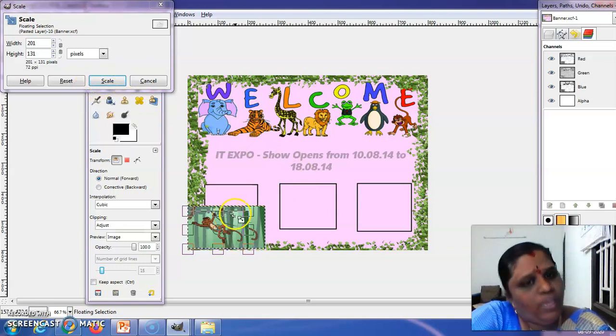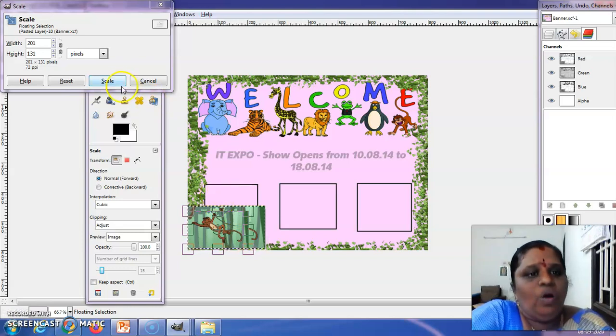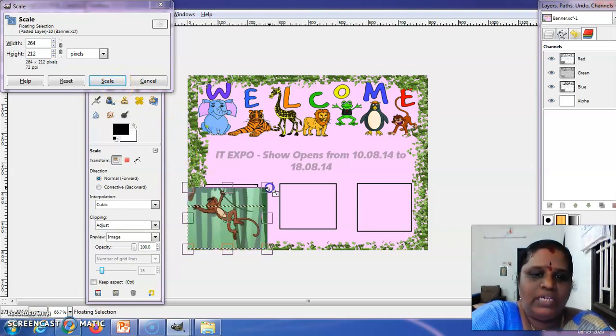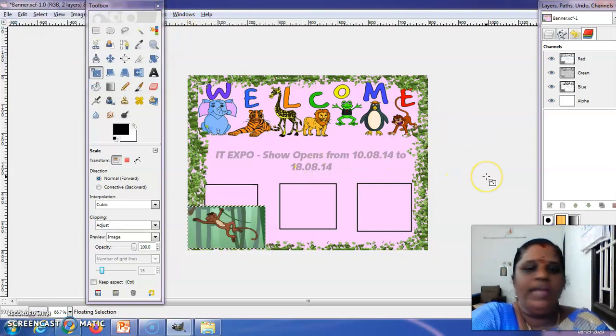Otherwise, if you are doing this and just closing, it won't affect. You want to click on the scale to make it the same. Okay, see, I am doing it like this and I am just leaving now. This closing means it won't affect. Okay, this will not be considered as scaling.